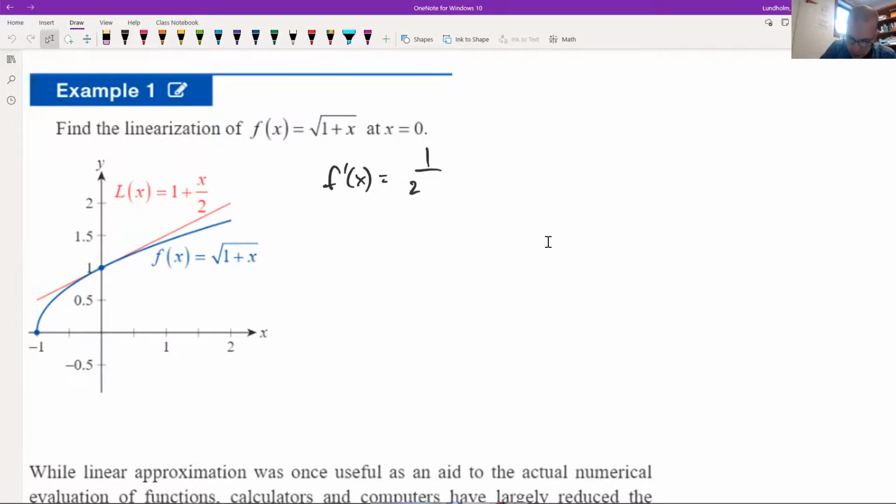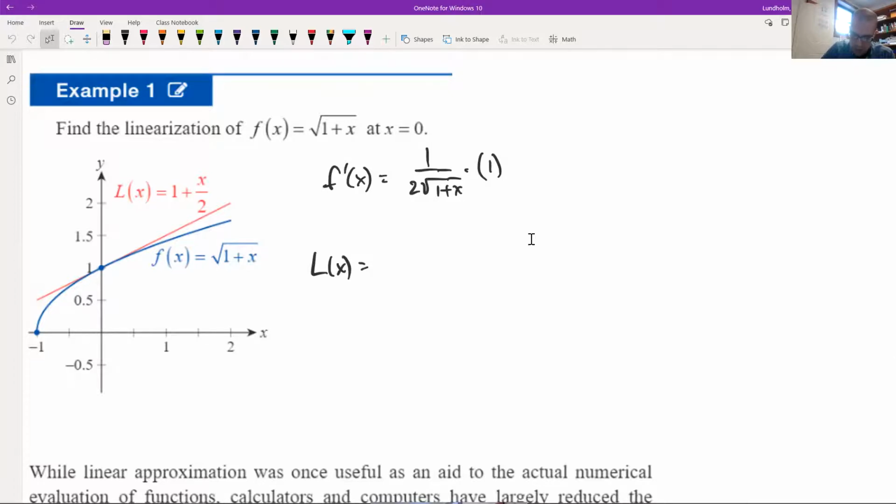Derivative of the outside is 1 over 2 times the square root of everything on the inside, times the derivative of what's on the inside. The derivative of what's on the inside is just 1 because it's 1 plus x. The coefficient on x is the only thing that survives. And that's the derivative. And so, yeah, the linearization